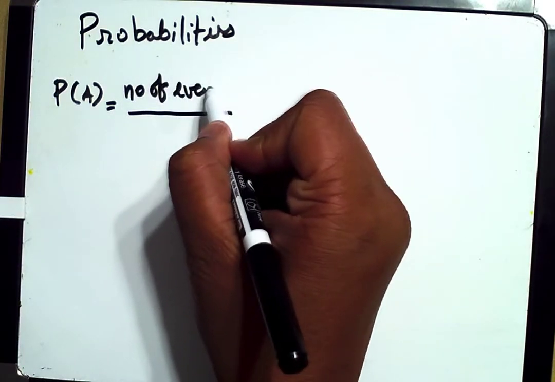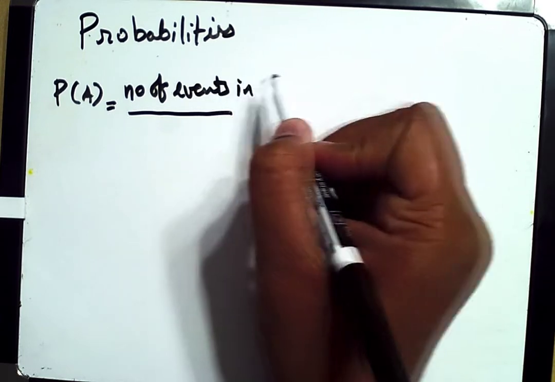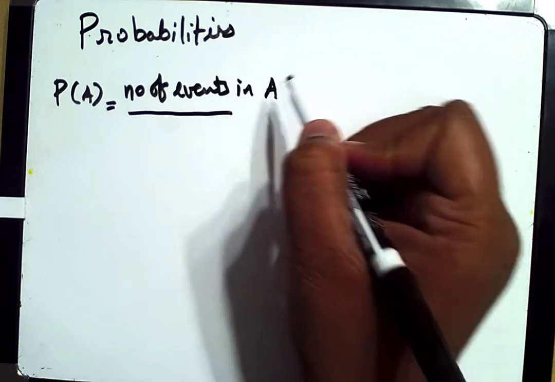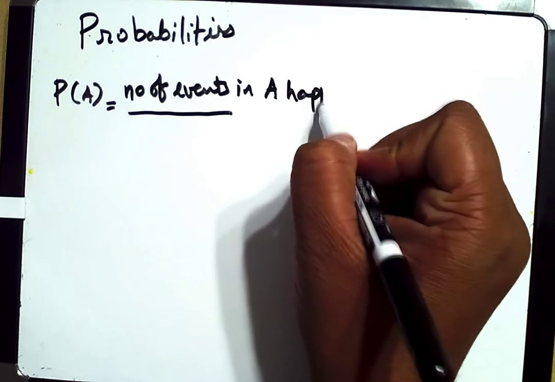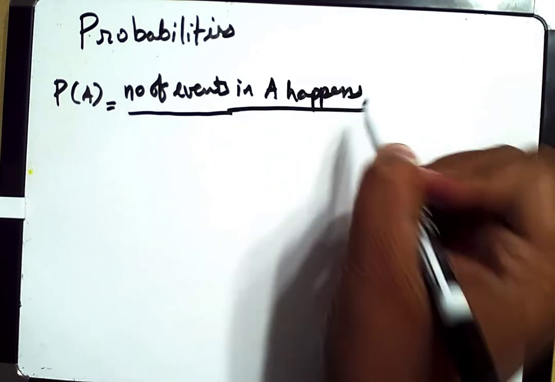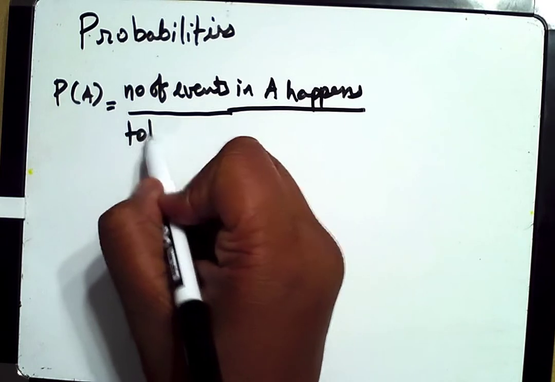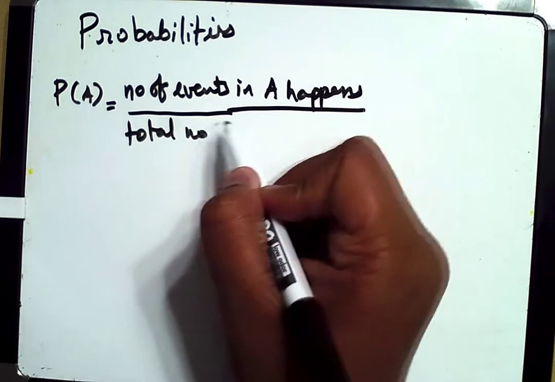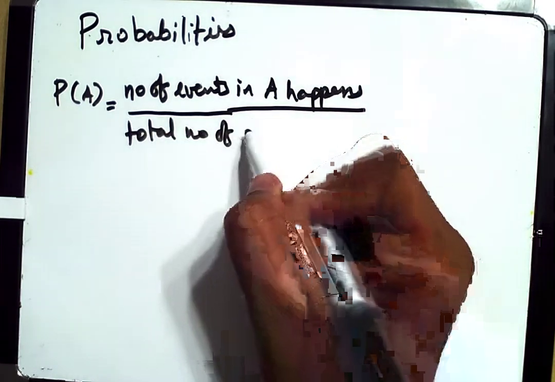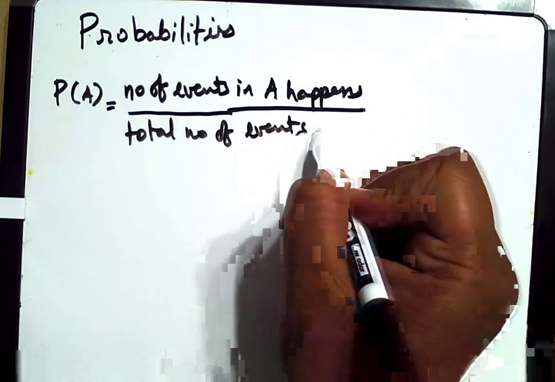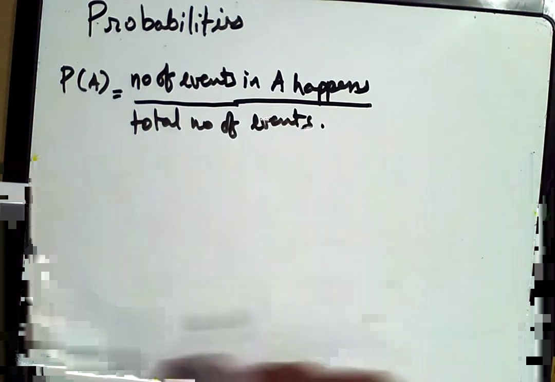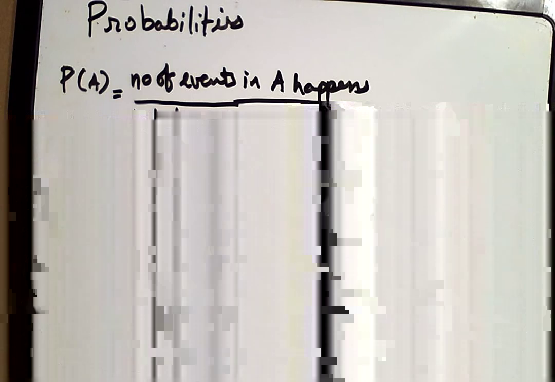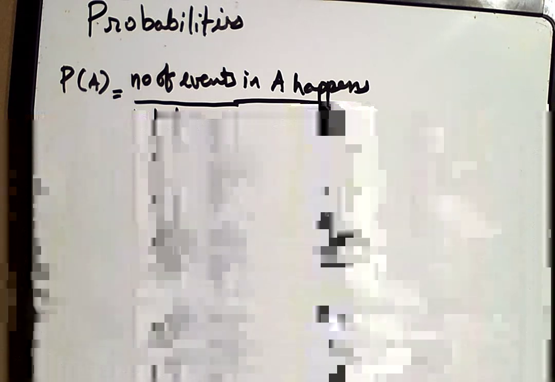And the ratio is the number of events in which A happens divided by the total number of events. Okay, the word events may seem a little confusing here, but it will get clear very soon. The idea of